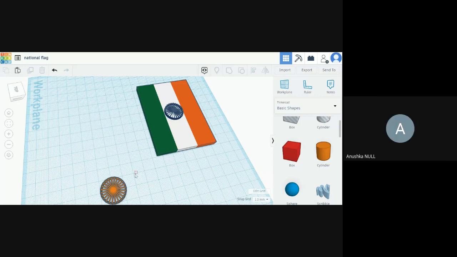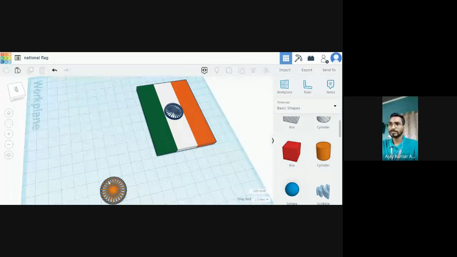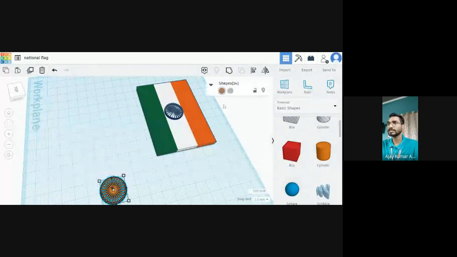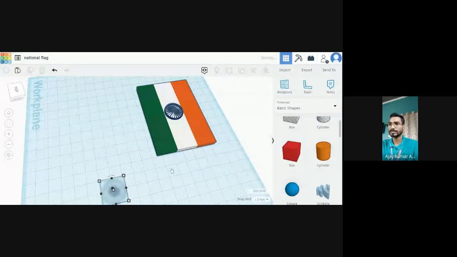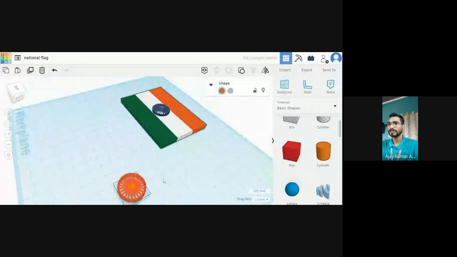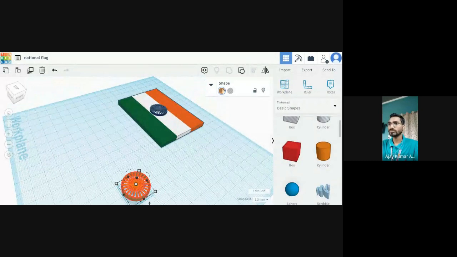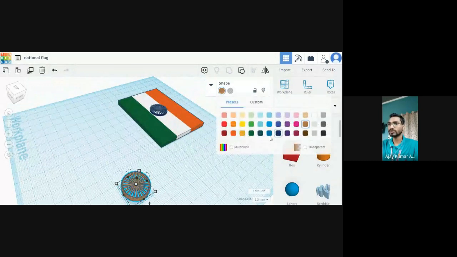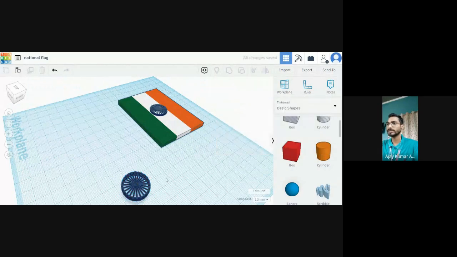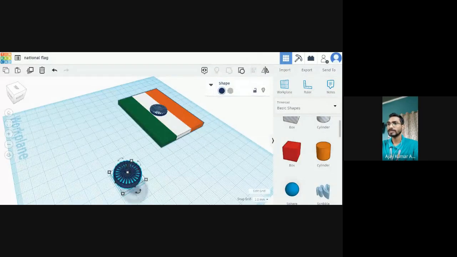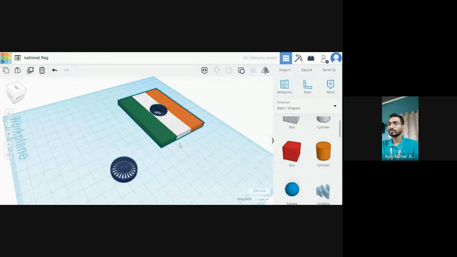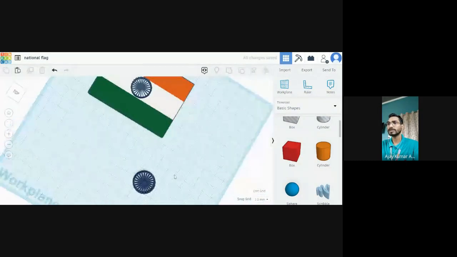Yes, sir. Okay, so select the figure so that the spokes and circular part get together, and make a group command like this. Again I am going to use color, I am going to choose blue color, so the blue color will be like this. Is it okay? So you can drag it. Then you have to drag this. So I am just going to, okay, this part we have done.